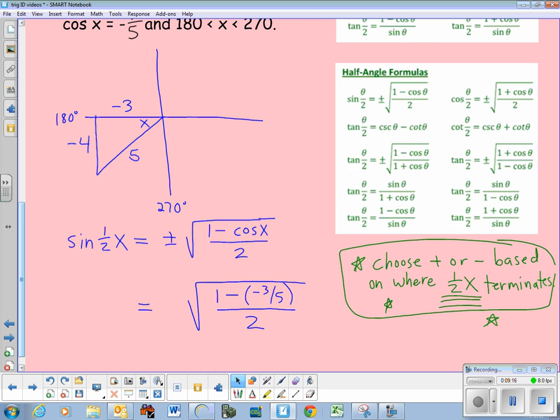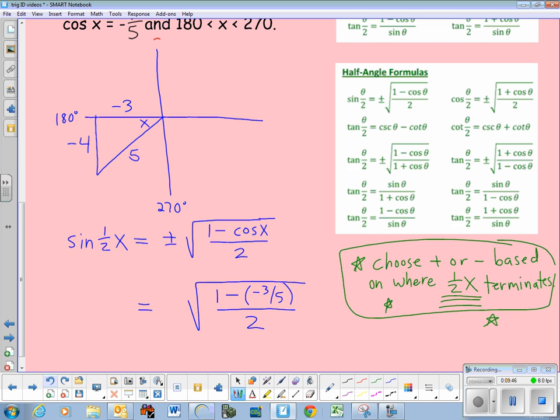That decision is not based on me being over here in the third quadrant. If the angle x is in the third quadrant, where sine is negative, cosine is negative, and tangent is positive, that's not how I choose to use plus or minus. I choose that based on where 1/2 x is. I don't know exactly how many degrees x is, but I know that x is between 180 and 270,